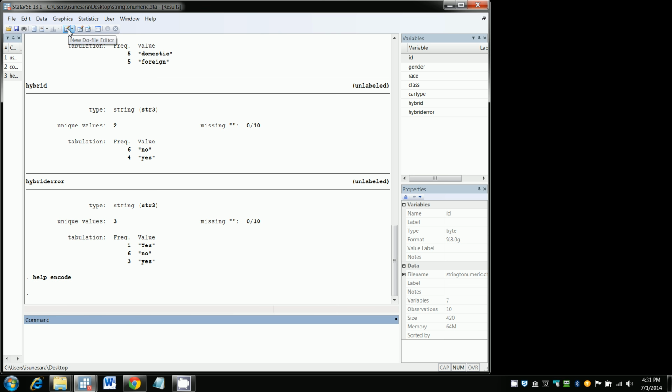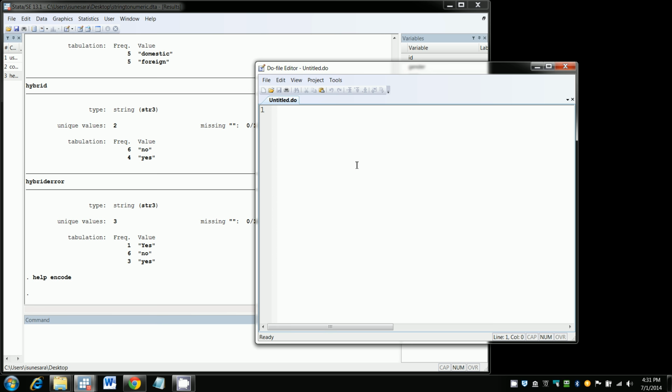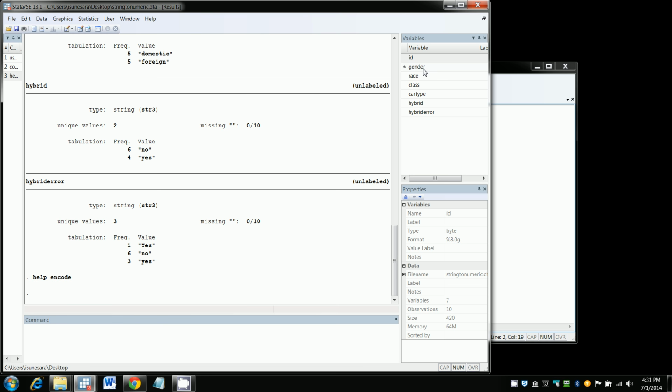So go ahead and open up the new do file editor, and to start a loop, I'm going to start with foreach var list in. Now in what? I'm going to specify all my variables. So I'm going to click gender, race, class, car type, hybrid, hybrid error. As you see, when I double click on these, the variables start populating under the command line. So I take this